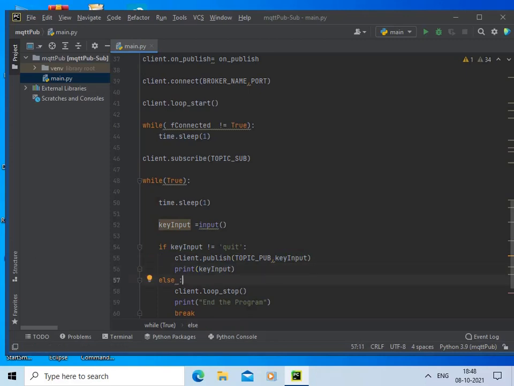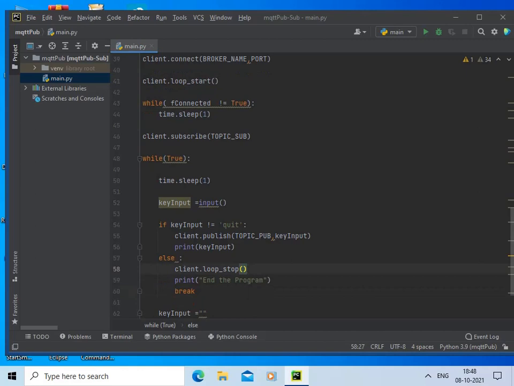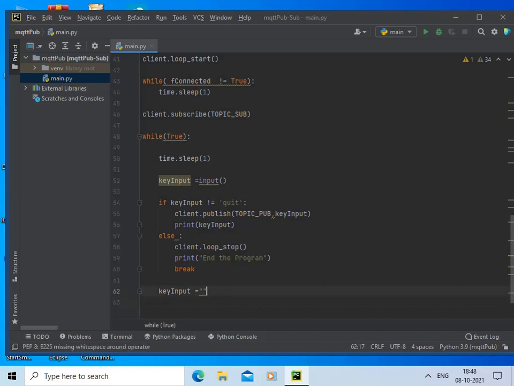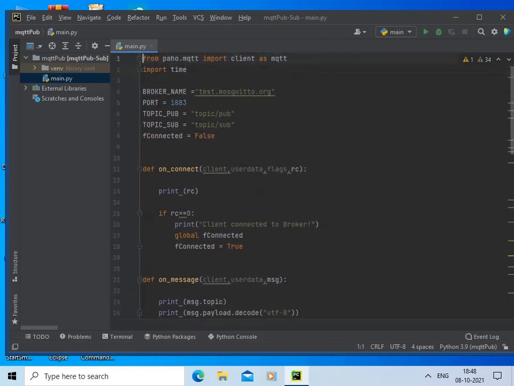If the keyboard input is quit, then the client loop is stopped and the program is ended over here. So this is the coding part.